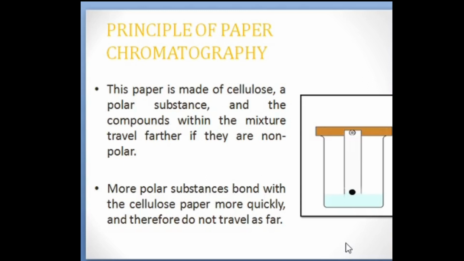Paper chromatography again can be divided into ascending and descending chromatography, and you have to keep in mind that this should take place in a closed system, because temperature, humidity and other dirt materials can affect the